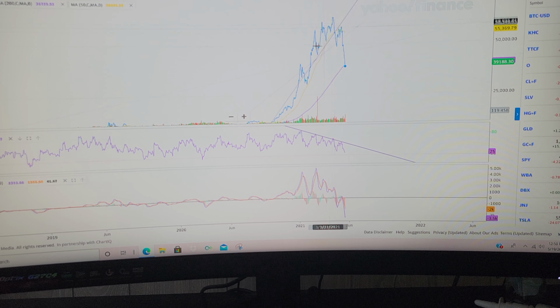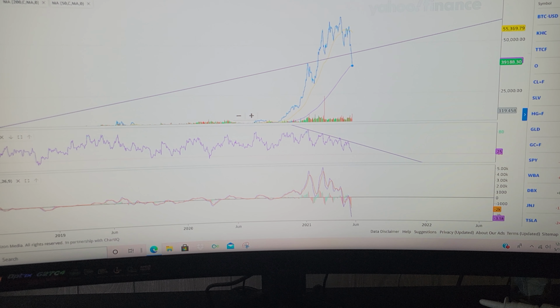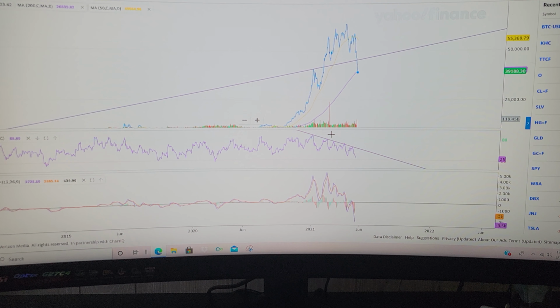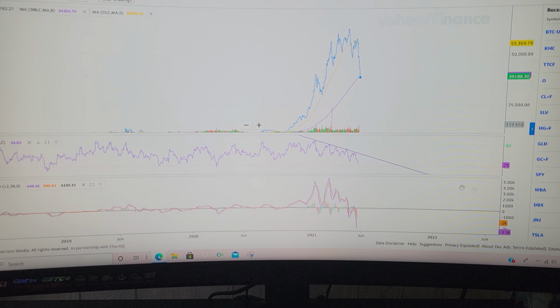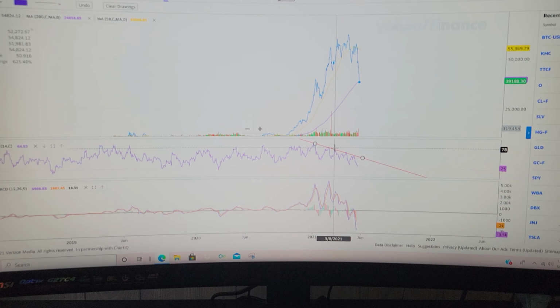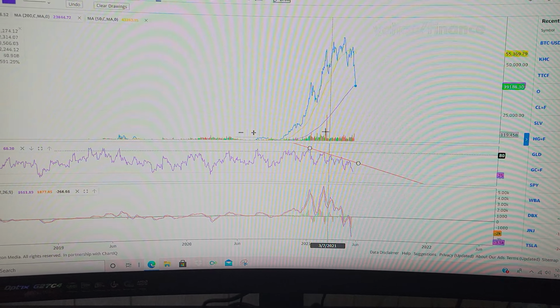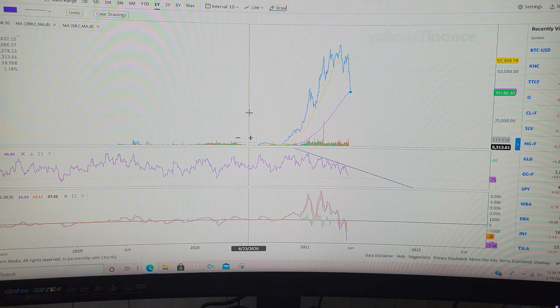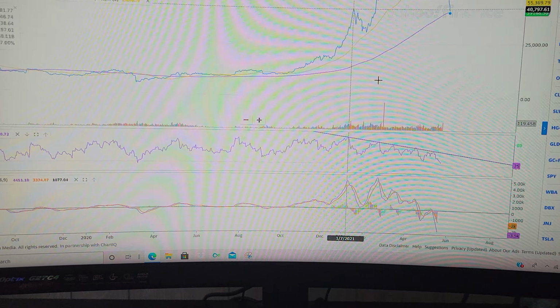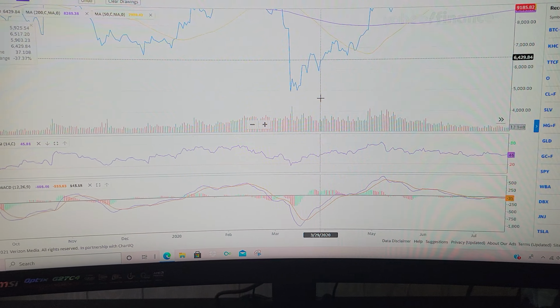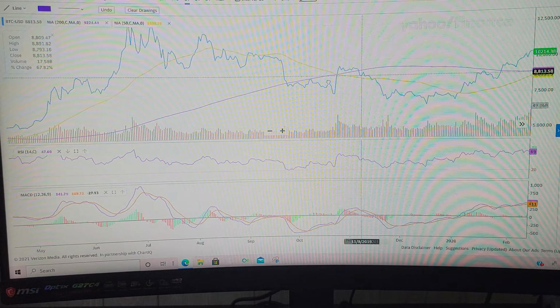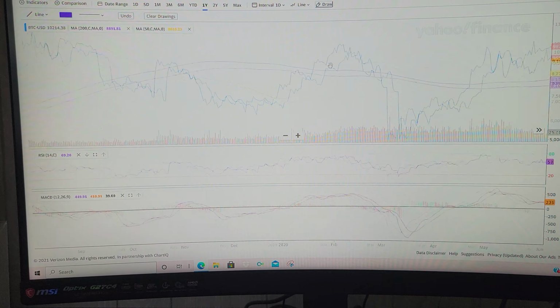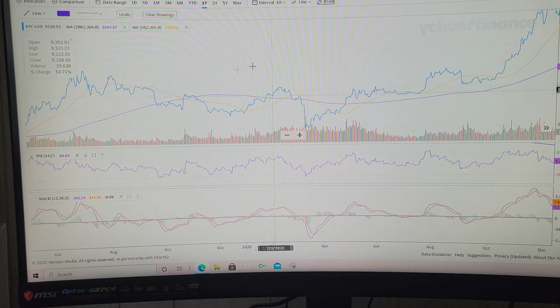But I also did want to point out that line right there. Let me get that away. I did want to point out that divergence right there from the RSI to the actual price. As the stock was going up, you had the RSI moving down. That's basic technical analysis, and that's what's going to happen. But we could go back in history and look how many times it's crossed under the moving average and goes down 50% or more and everybody panics.